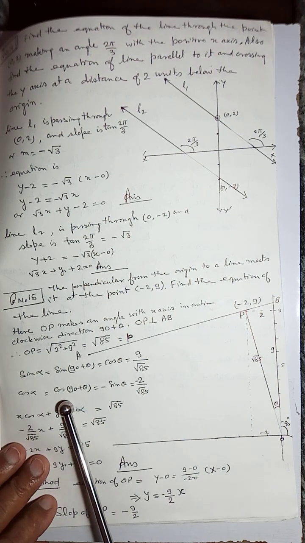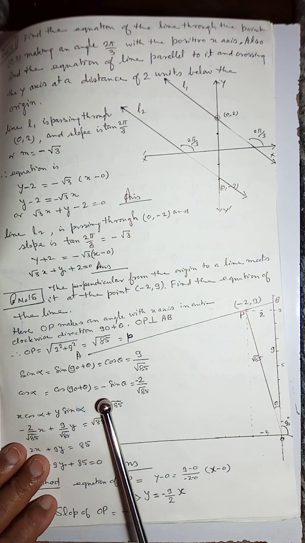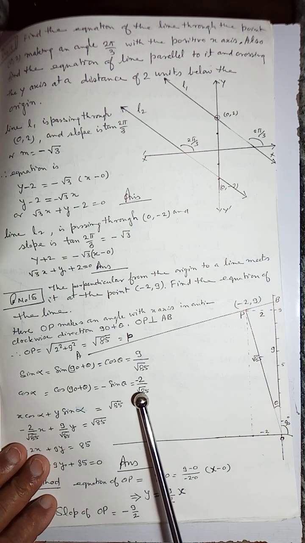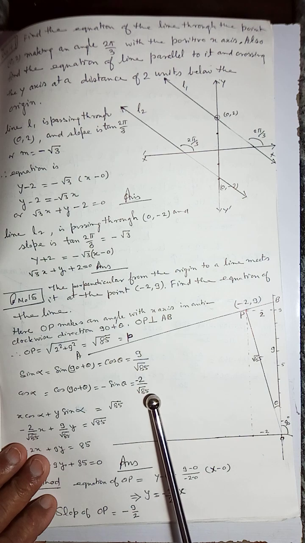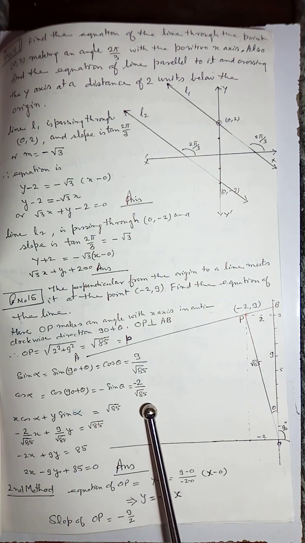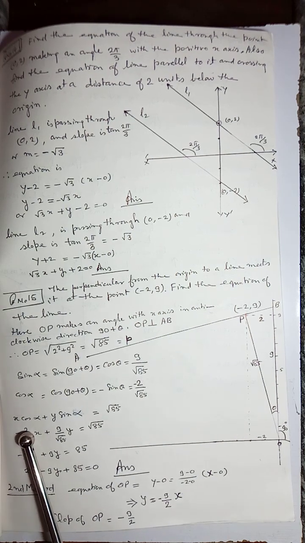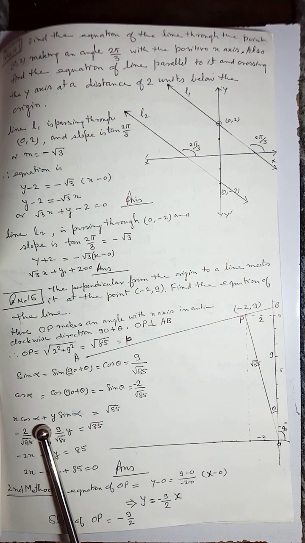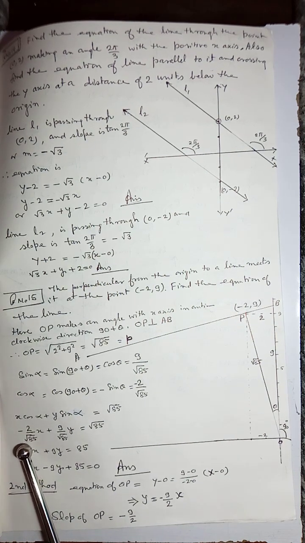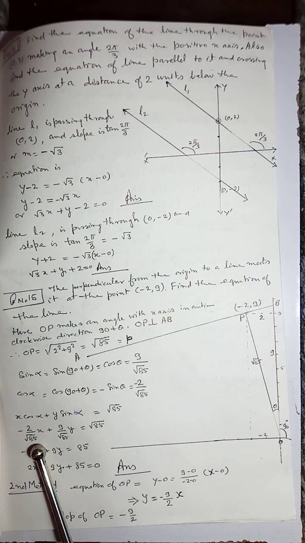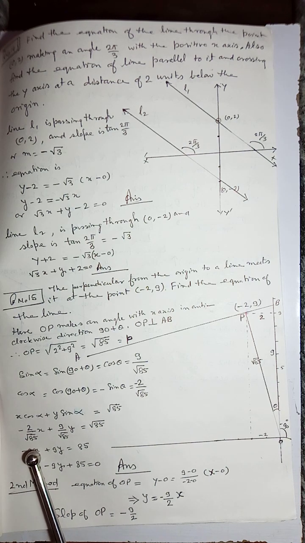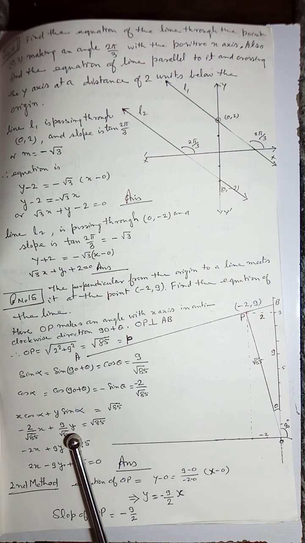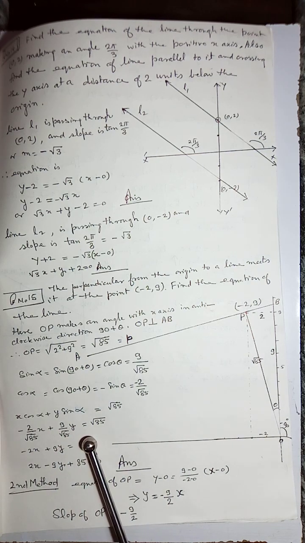So cos 90 plus theta will be equal to minus sine theta, and it will be equal to minus 2 by root 85. So the value of cos alpha in the second quadrant will be negative. x cos alpha plus y sin alpha is equal to P. So just write down the values: cos alpha is equal to minus 2 by root 85, plus 9 by root 85 into y,